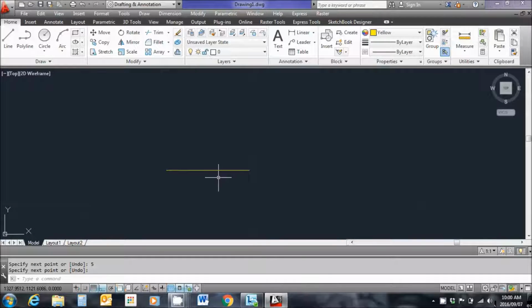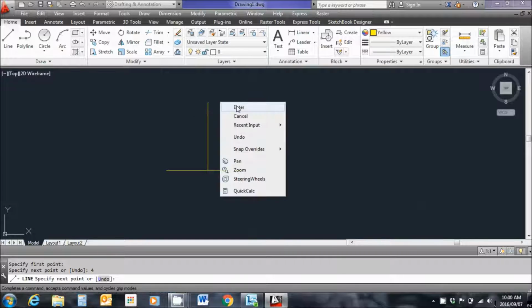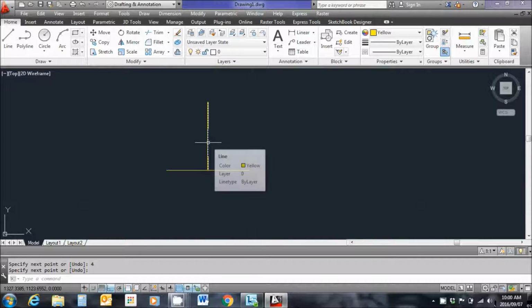Now what I'm going to do is construct a vertical line from the center of this horizontal line up, and I'm going to make it exactly 2.7 meters long. No, I'm going to make it 4 meters long. There we go, 4 meters. Okay, now I know that the ground levels have been given in certain intervals moving away from the center line